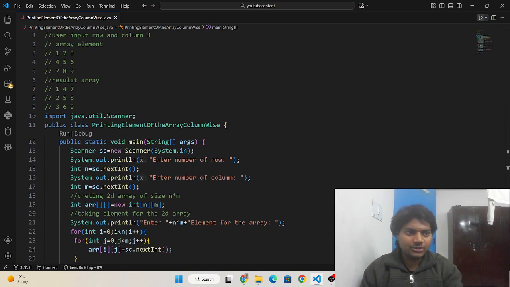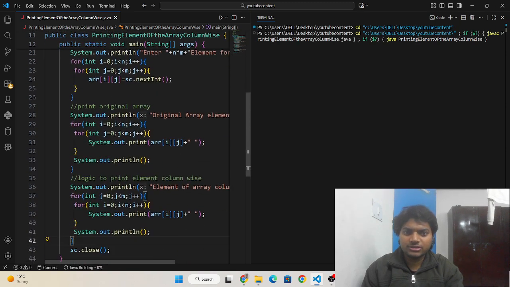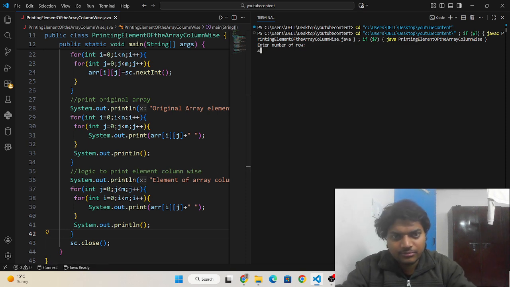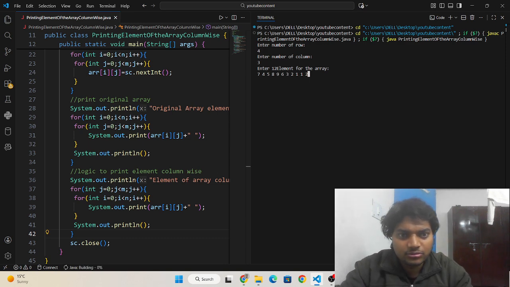If you want, I can execute it and enter another user input also. I'm entering 4 cross 3. Twelve elements I need to give, so I'm giving 7 4 5 8 9 6 3 2 1, and then 1 2 again.